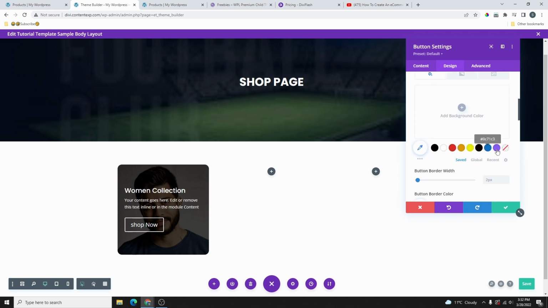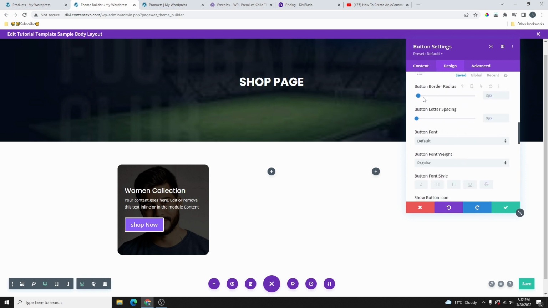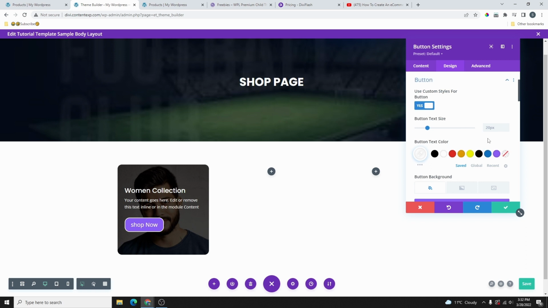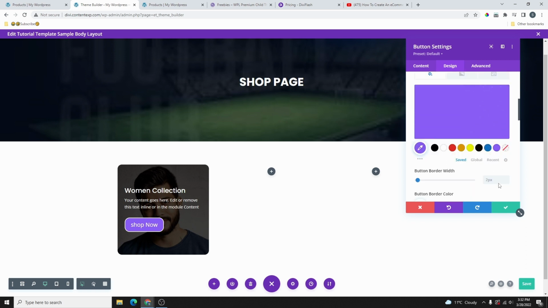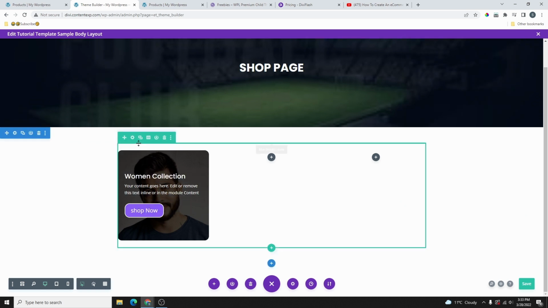And then the background, we can change that to whatever we want, maybe something like this. Like I said, I'm not going to be customizing this button. We can change the border radius like this. So go ahead and play around with the customization. Once you're happy, you can go ahead and click on this check mark right here. So now that we have this design right here, what we can do now is to go ahead and click